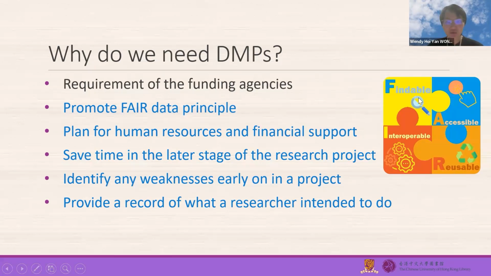So if you have a data management plan ahead, you go along with the FAIR data principle during the preparation stage, that means you consider the FAIR data principle in writing the DMP. Then you will follow the FAIR data principle throughout the research life cycle in managing your research